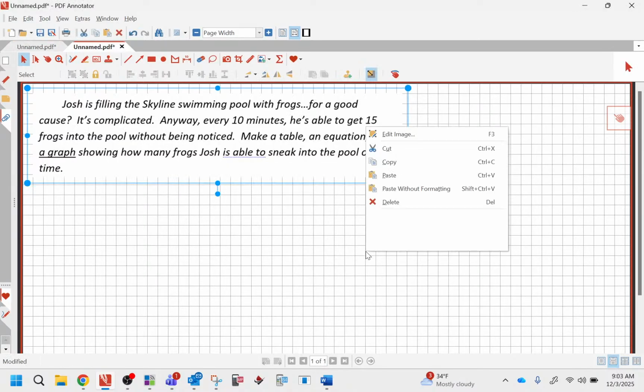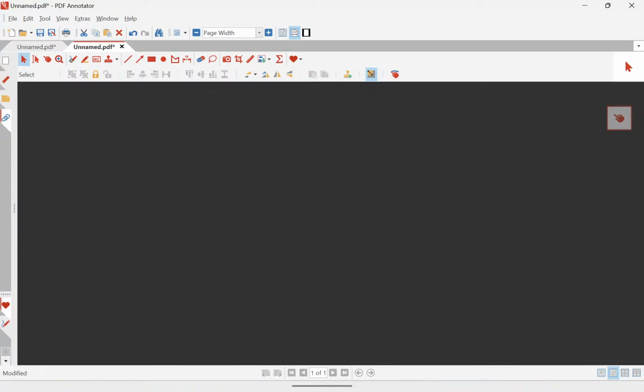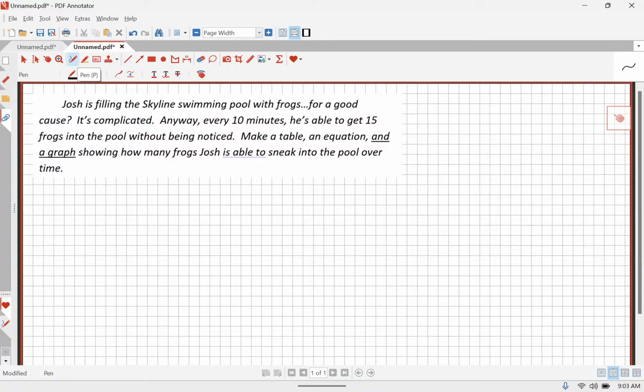Alrighty, so the first thing I would like to do is make a table for this. Would X be frogs or would X be minutes? Tice, what do you think? X should be minutes because that's our independent variable. How many minutes has he been at it? Depends on how many frogs are in the pool. That doesn't feel as natural as how many frogs are in the pool, which depends on how many minutes he's been putting them in there. Again, you can make an argument that either one could be used as the dependent variable, but for now, we're going to focus on the side that feels a little bit more right.